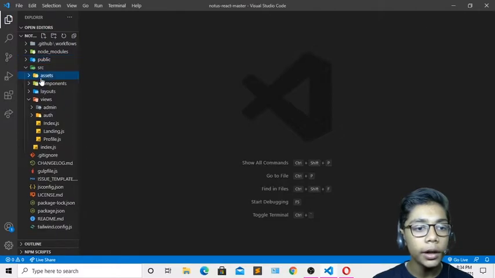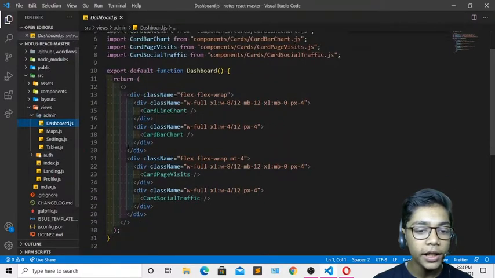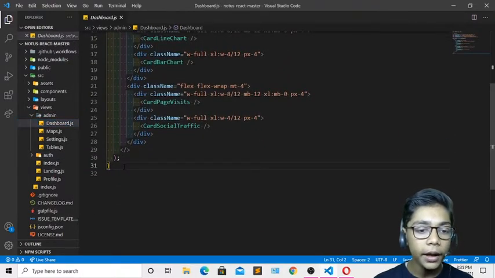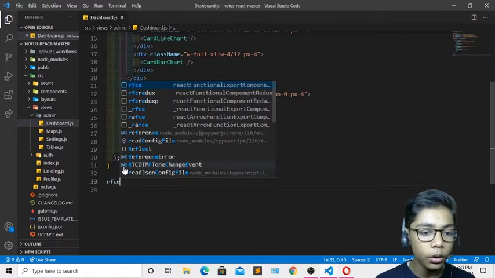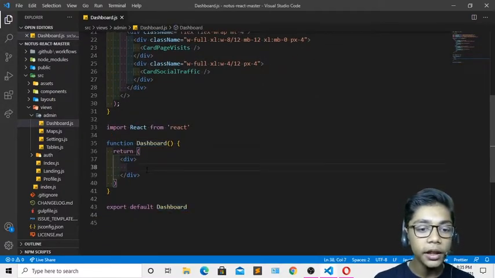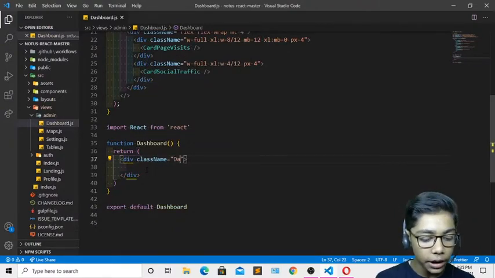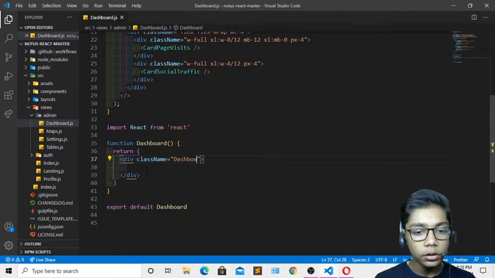Here you don't have to care about the assets folder, components, layout, and views. We will work with our auth and admin folders. First of all I'll open this admin folder. Then I will go to my first file, which is called dashboard.js. Here you have to make the RFCE tag, which is the starting code of React.js. I'll build that. Then you have to come underneath and create another tag. First of all, you have to create your class name. The class name I will build is dashboard, so I'll write dashboard, and the spelling should be correct.